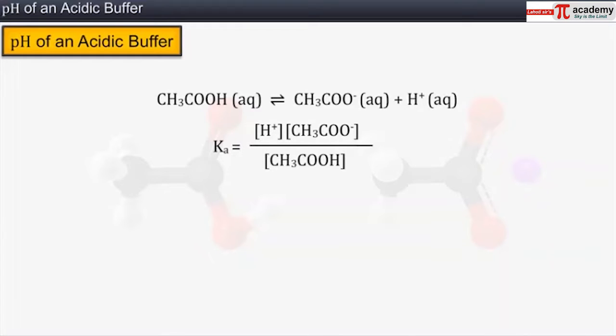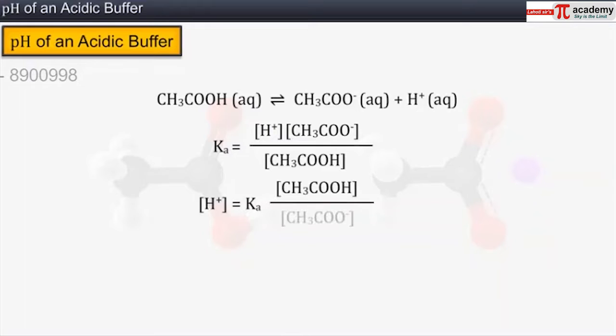After rearranging, concentration of H plus ions is equal to Ka multiplied by concentration of acetic acid divided by the concentration of acetate ions. Now, taking the negative logarithm on both sides of the equation, we get